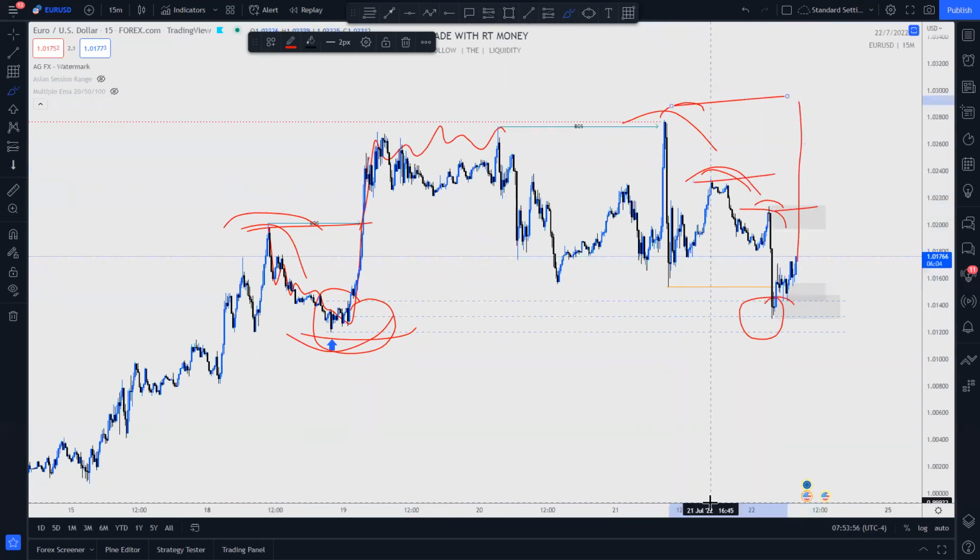All right, that's it. I gave you a bunch of markups. I'm sorry to get all crazy, but this is what I'm looking at here. Lay back, put an alert here, put an alert here. And if you're looking for that opportunity, put an alert here to let you know that we may be setting up for a short,